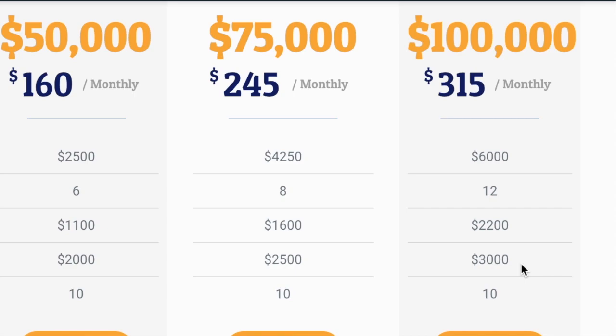$3,000 drawdown. And minimum trading days, this is the first thing that stands out to me that's actually a good thing. And again, I don't mean that in a derogatory way, like actually a good thing, relative to some of the other programs. Only 10 days. I'm a fan of the 10-day versus 15. I feel like most people have either busted or passed by day 10. And we all know what happens when you get to day 10 and you've already reached your goal. You're just putting in a trade every day just so it counts as a trading day. I know that's what I did. So I'm a fan of the 10 days.